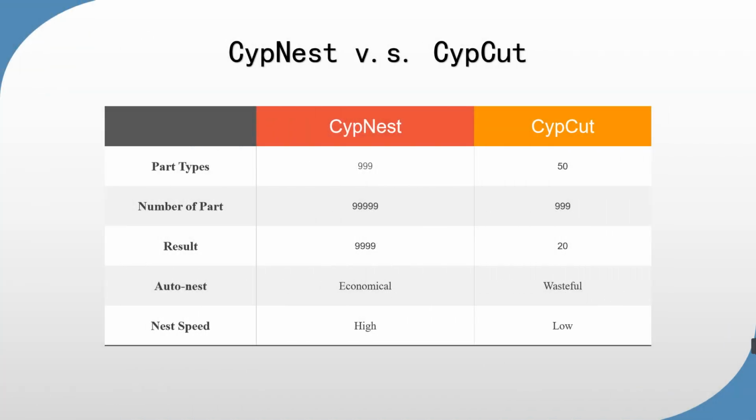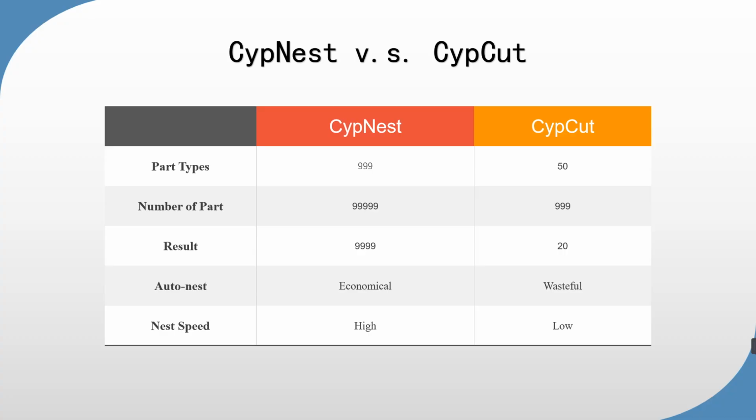CypCut is a professional software for laser cutting, so nest feature in CypCut is just at a basic level. On the other hand, CypNest, as a professional nesting software, comes with much more powerful nest function. First superiority of all, CypCut only supports 50 kinds of part types at most, while CypNest supports 999 types of parts. Second, the number of every kind of part can be up to 999 in CypCut, while in CypNest,